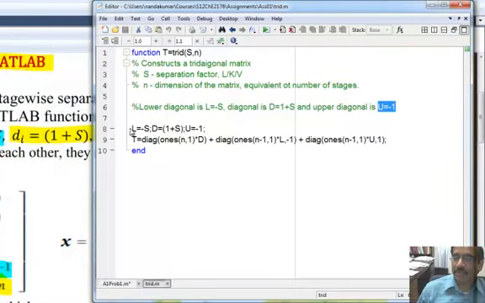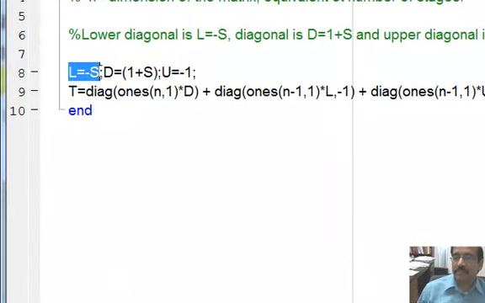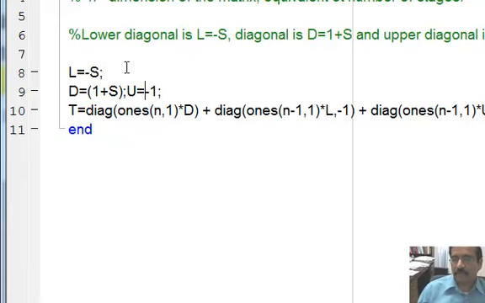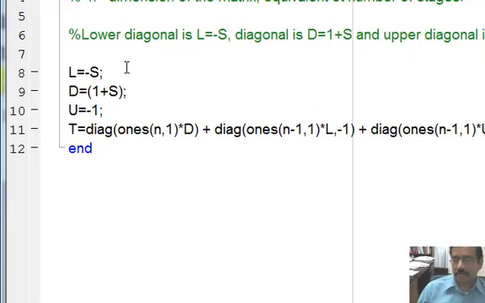And then I actually carry out the execution, that l is equal to -s, d is equal to 1 plus s, and u is equal to -1. The next line, line 8, is essentially a set of assignment statements separated by a semicolon. I can actually stack any number of these statements. I could also write them one below the other if you are more comfortable with this. They are equivalent. The next line, line 11, is the key statement, because there are functions within functions